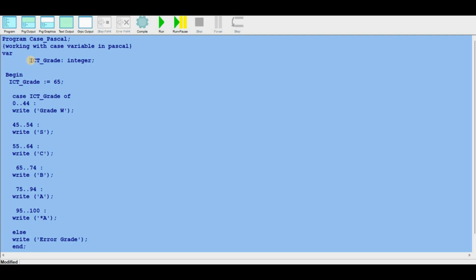So here you will find I have declared one variable, ICT grade, and it's an integer. I begin and I declare like this: ICT grade is 65. The total number of marks that he has obtained is 65. So now I start with case. Case is a keyword. Case of the variable that you have created, ICT grade, of, it's a keyword, 0 to 44